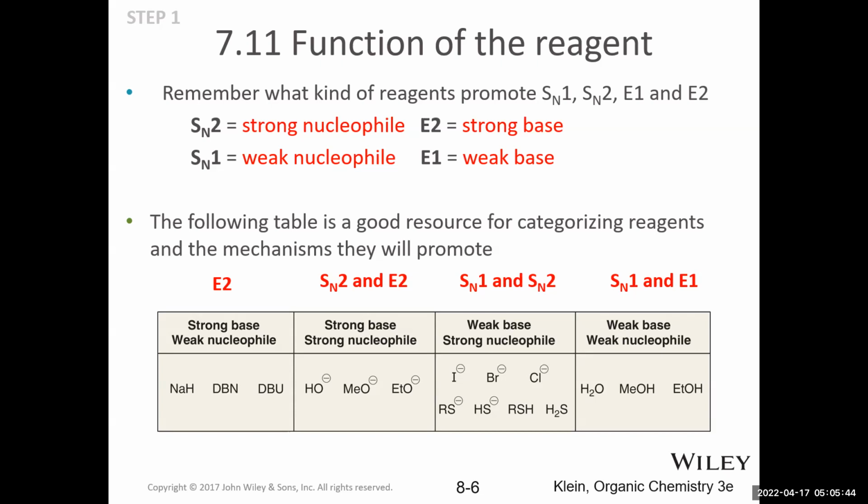Okay, then the next category of reagents are those that are weak bases, but strong nucleophiles. So those are primarily going to promote substitution reactions because they're acting as better nucleophiles than bases. Now, commonly, this would be an SN2 reaction, but not in all cases. If it was a tertiary substrate, it can only react in an SN1 mechanism. So just for now,